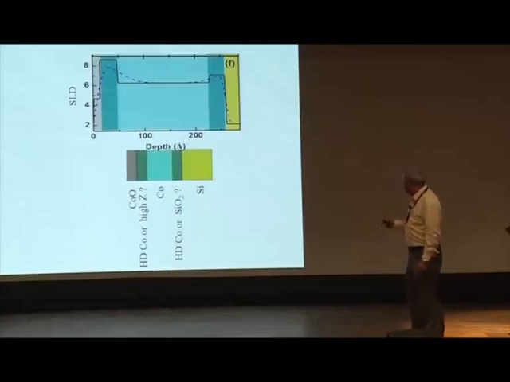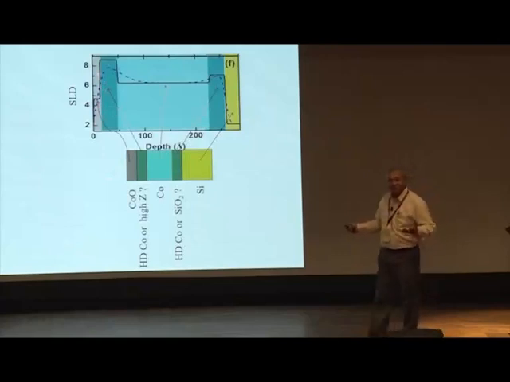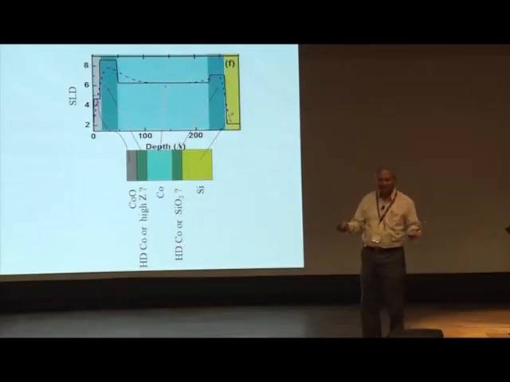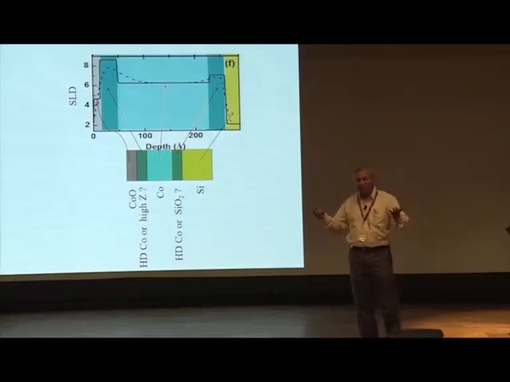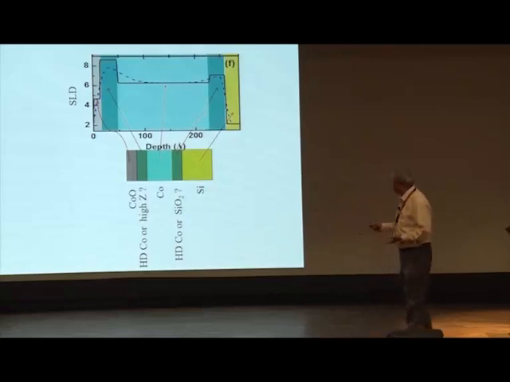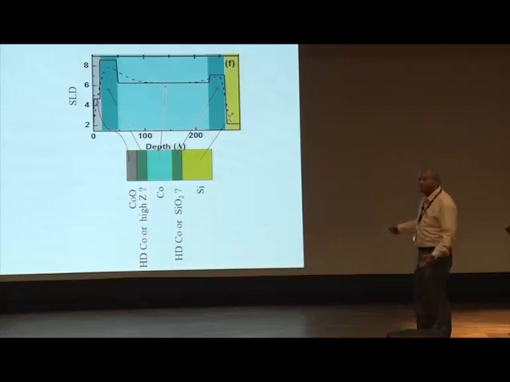Now, let me put a question here. So this material is high density, we know. But is it high density cobalt or some other material which may have a high density, say gold? Although we know it is not there, we put this to test in experiments. So I put a question mark whether it's high density cobalt or some other high Z materials over here.